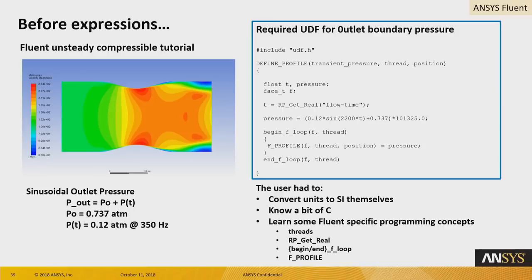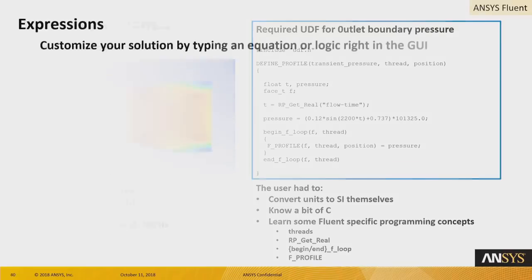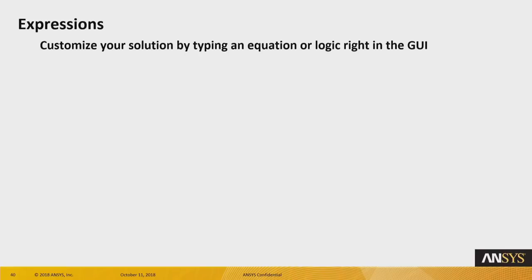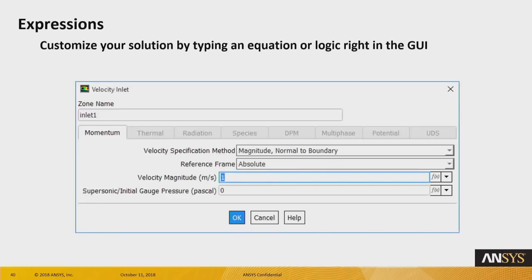You needed to know a little bit of C. You needed to convert the units where needed by yourself. And you also needed to know the macros that tell the C code how to interact with the Fluent solver data structures. Right now, that need does not exist anymore since we have the new expressions in version 19.2. This comes as a beta feature for now,